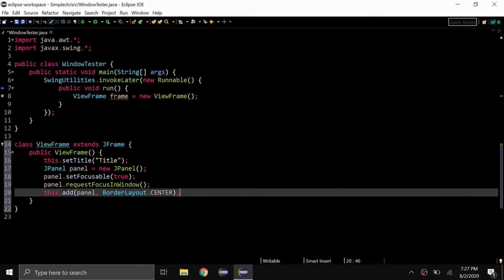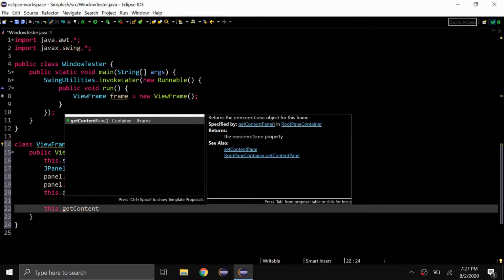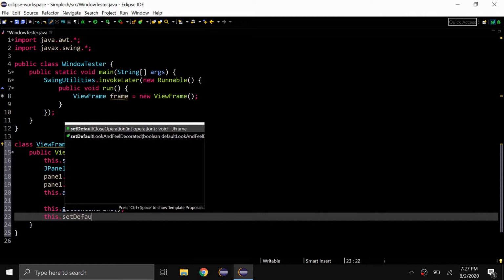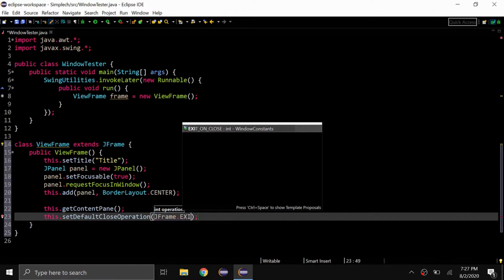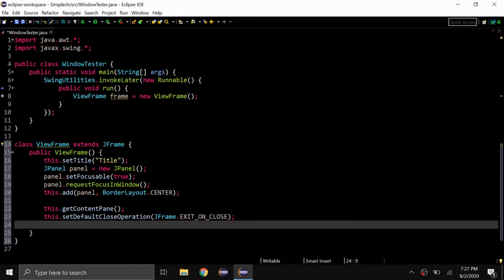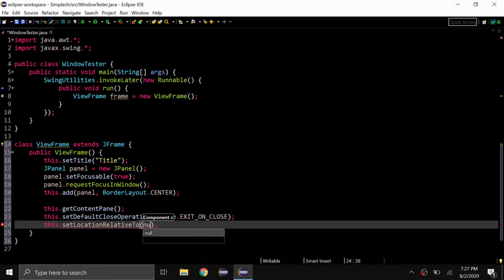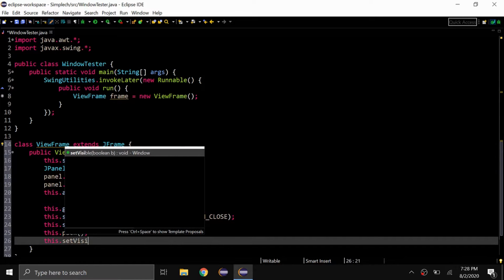So basically I'm creating the panel and I'm adding the panel to the JFrame, which is basically the window. Now I'm going to say this.getContentPane() and semicolon, this.setDefaultCloseOperation(JFrame.EXIT_ON_CLOSE), and that basically just means I can click this X to exit. And I'm going to say this.setLocationRelativeTo(null), then this.pack(), this.setVisible(true),